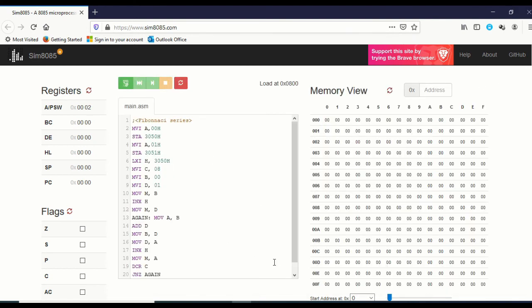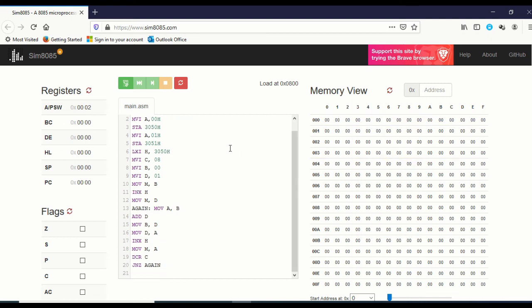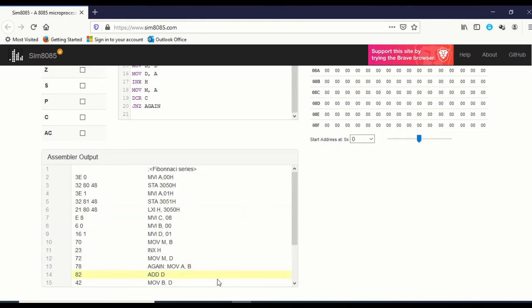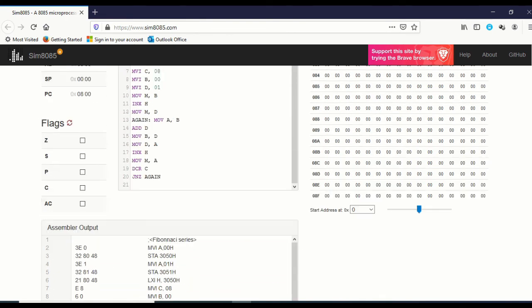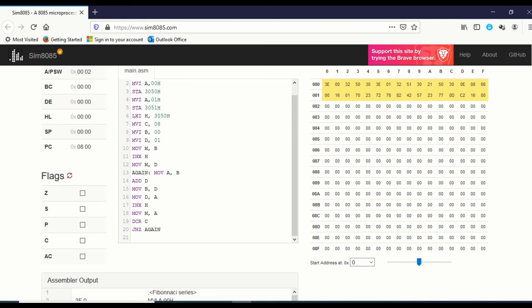Okay, so here I am cutting and pasting that particular Fibonacci series program. I have already explained the program earlier, but let me explain once again. This is the memory view. If we want to store something in memory, we have to store it through a program command, that is MVI A, 00. It will move the content 00 to the accumulator, and that we have to store in 3050. Second is MVI A, 01, so this 01 we are storing in 3051.